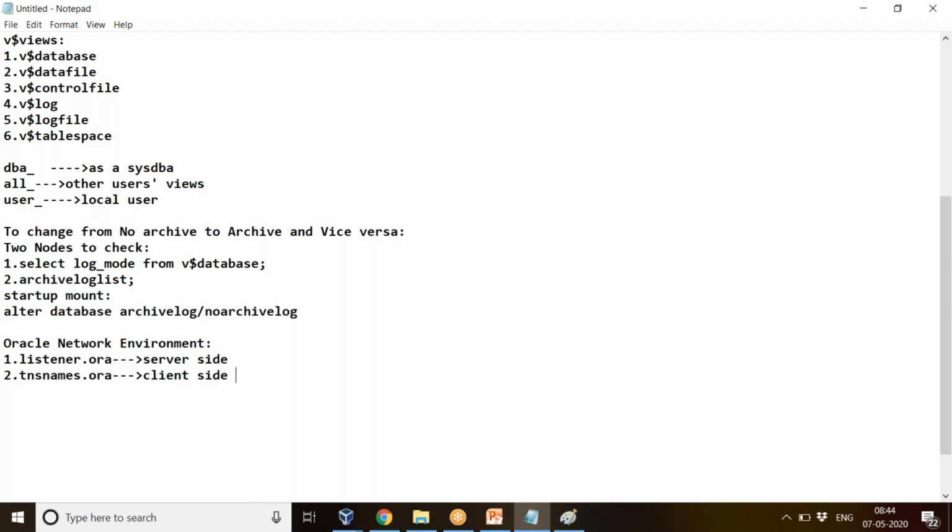Okay, so the location of these two files is under Oracle home /network/admin. Okay, under Oracle home /network/admin we have these two files. Okay, we'll go and check it.